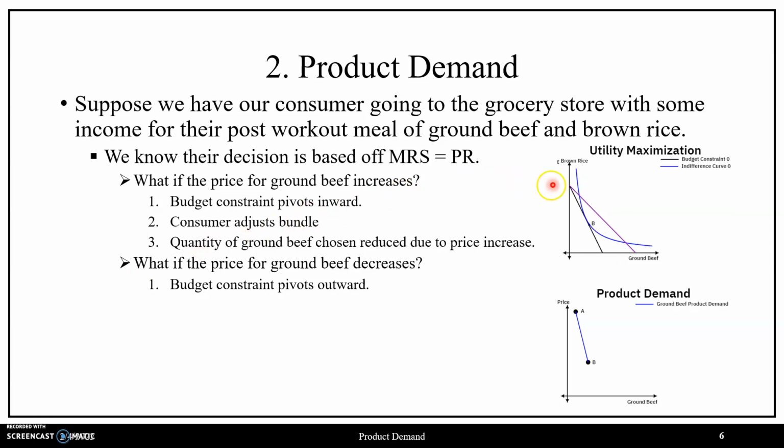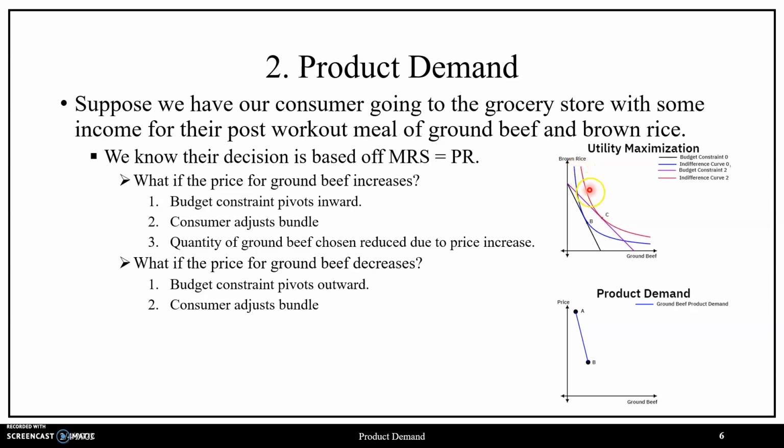So then in terms of their budget constraint, since only one price is changing, we have a pivot outwards from budget constraint 0 to budget constraint 2 in purple, where we see there's a greater amount of ground beef that this consumer can now afford. So then in terms of their decision making, they update their decision and find the new level of utility that's highest and compatible with their budget constraint. So this is going to be indifference curve 2 in red, intersecting our budget constraint 2 in purple once at point C, where we see that at point C